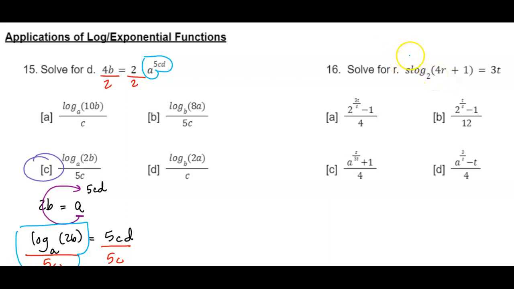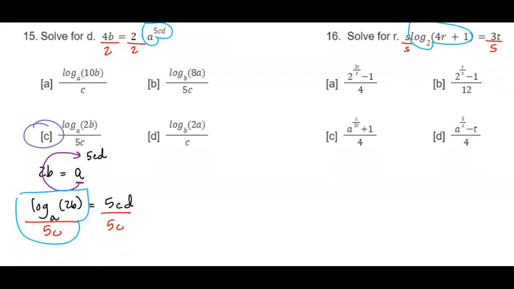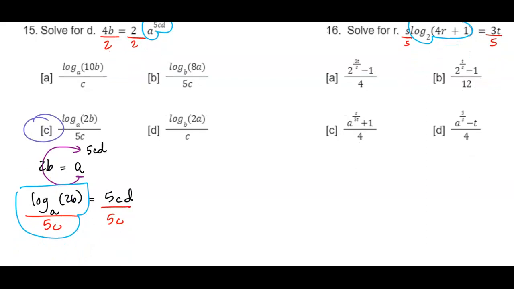So just as before, we want to isolate this log, which means I need to divide by S on both sides first. And it's going to start looking like a 5, but just remember it's an S. So that gives me log base 2 of 4R plus 1 equals 3T over S. All right, now, at this point I can convert. That'll get rid of the log and